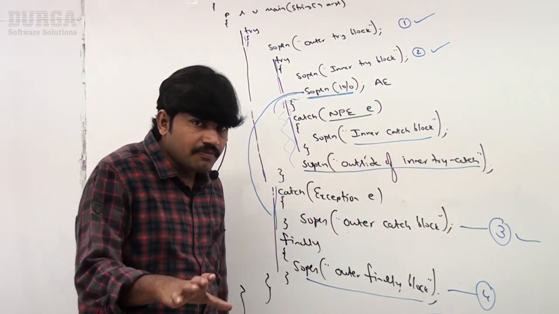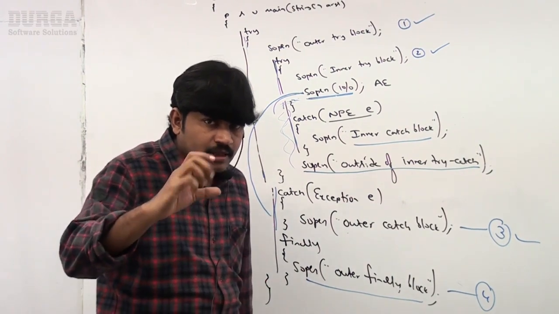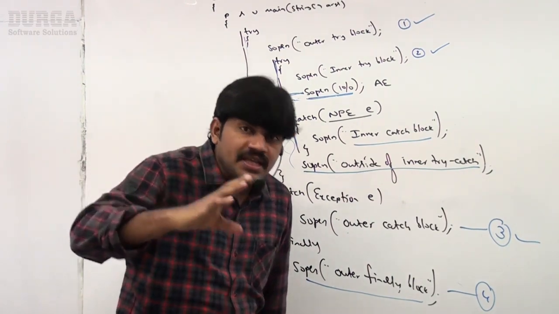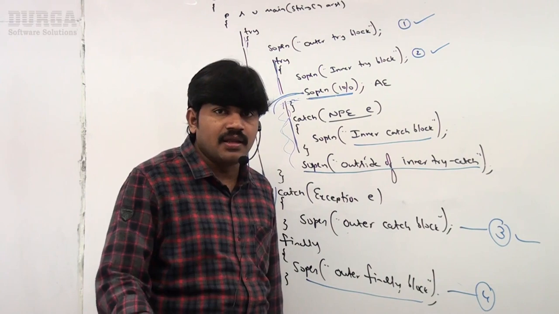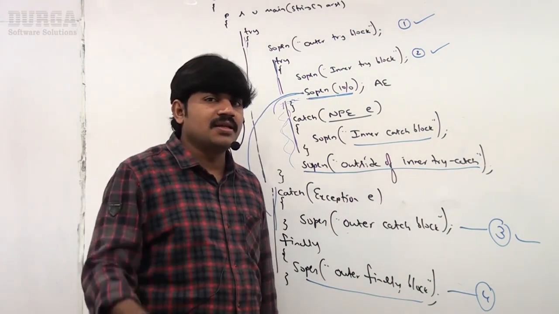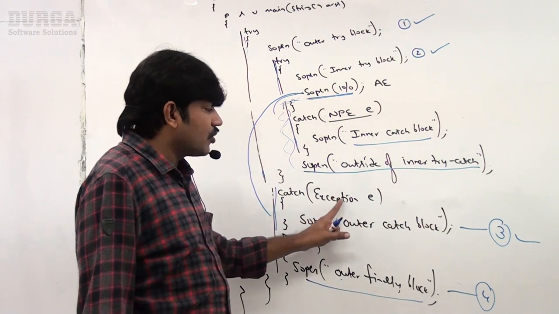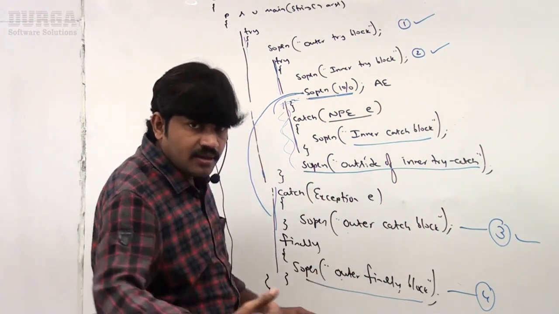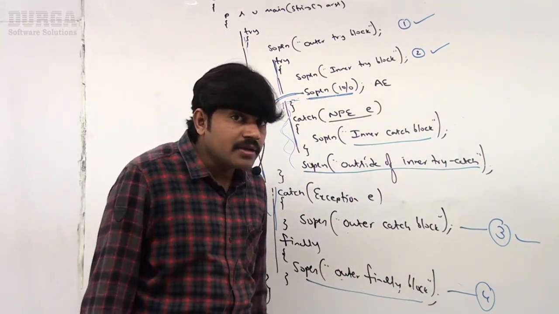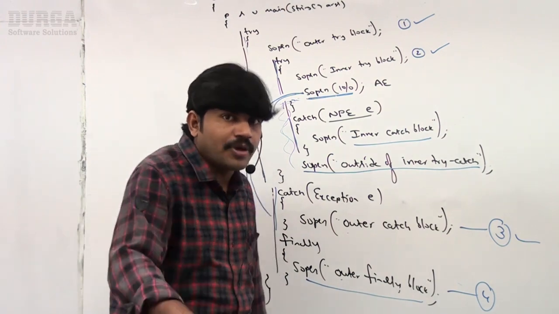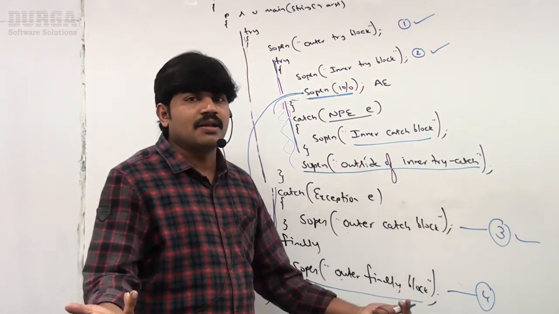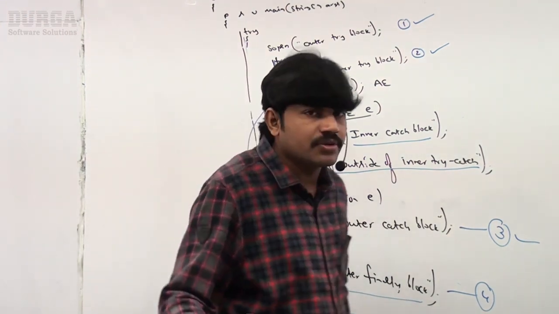Nothing, so very simple. Inside inner try, if an exception is raised, and the inner catch block is unable to handle it, then who has the responsibility to handle it, sir? Outer catch block will be responsible. Directly the control will come to outer catch and then the remaining code will execute. So you may ask, if outer catch block is also not matched, what will happen? Abnormal termination. Okay, let me execute this scenario.